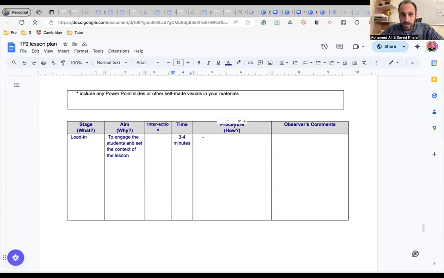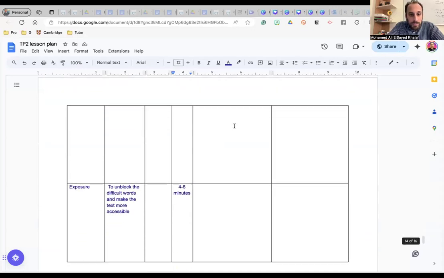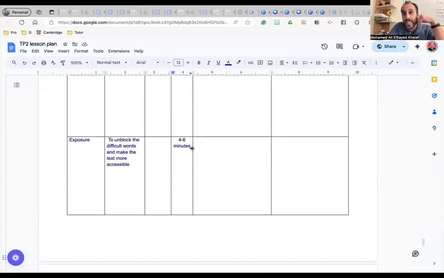Material adaptation. Okay. My exposure stage, the listening task itself, the track alone is 3 minutes or 4 minutes. And I have maximum 6 minutes for the whole stage. Can you imagine?